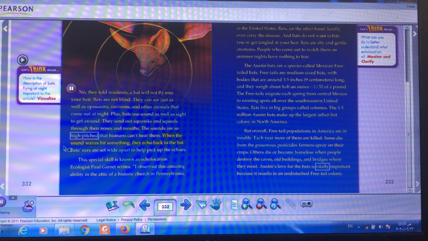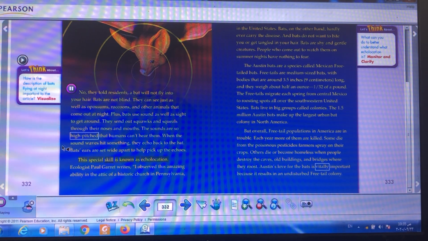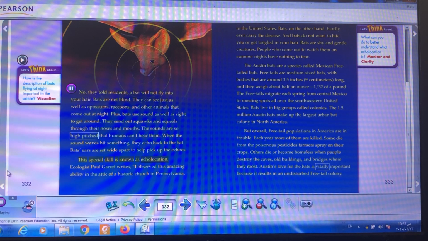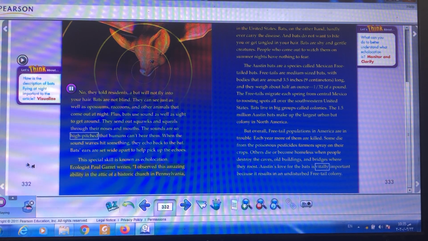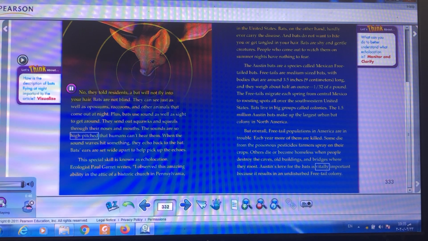When the sound waves hit something, they echo back to the bat. Bats' ears are set wide apart to help pick up the echoes. This special skill is known as echolocation. Ecologist Paul Garrett writes, I observed this amazing ability in the attic of a historic church in Pennsylvania.